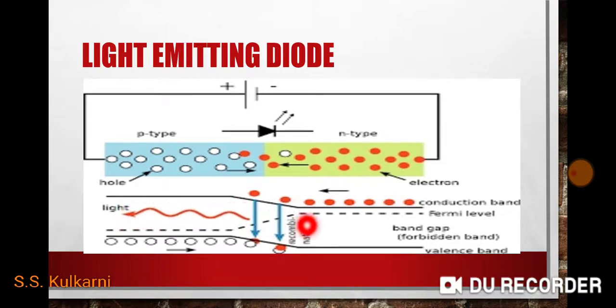In a general diode, that extra energy is emitted in the form of heat, but a light emitting diode is constructed by using certain materials so that they can emit their extra energy in the form of light. Hence, the light emitting diode emits light at the output.